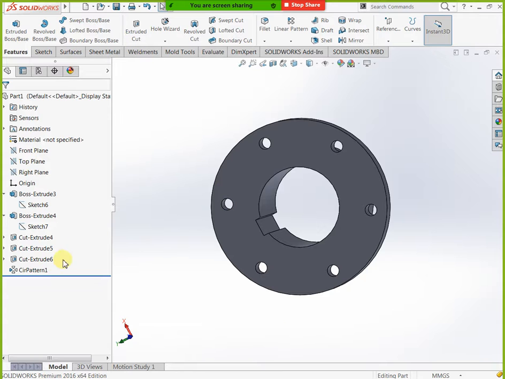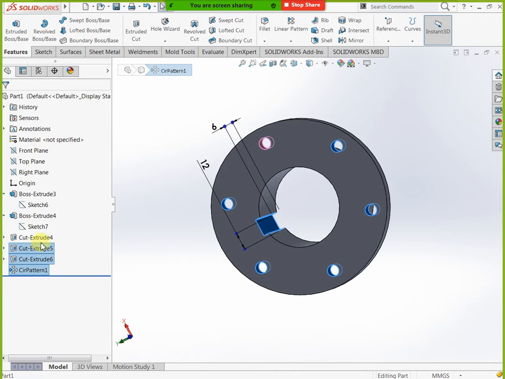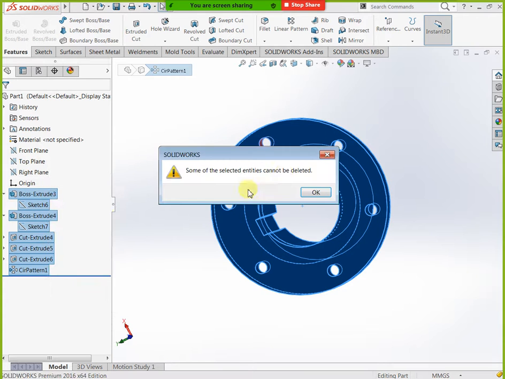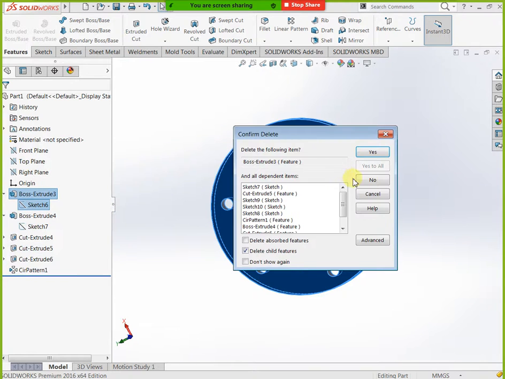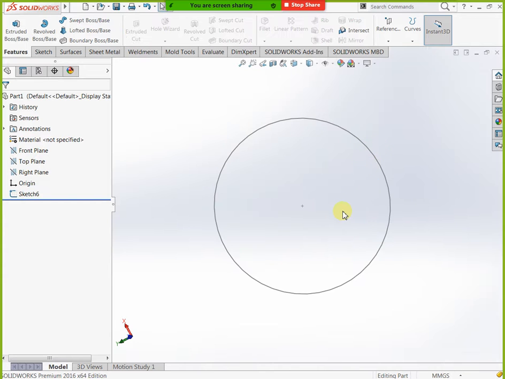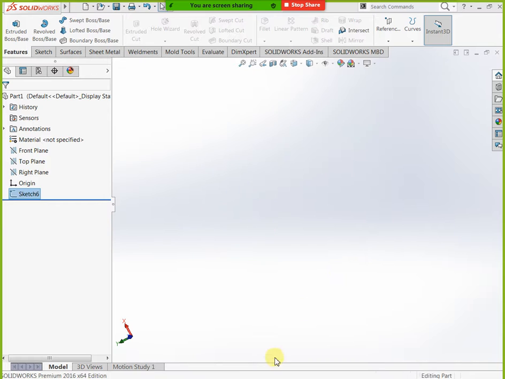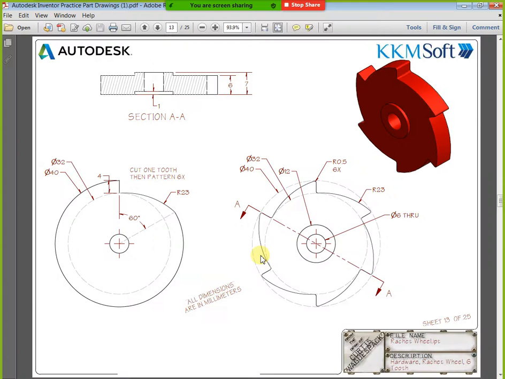How can we use it? First of all you need to prepare this circle. Just check here how much this circle diameter is, and the 6 mm hole. First we can create this 40 diameter and this 32 diameter. First we create this 40 diameter, and the thickness of this one is 6 mm.